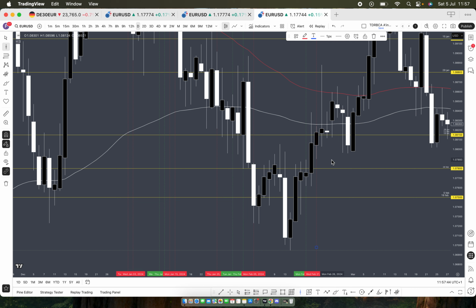See, so I'm not tricking myself. I'd read the market as if it was real time. I've just got to the point now where I can read the market as if it was real time, with the future chart passed. So anyway, this level's already in play, right? So this is